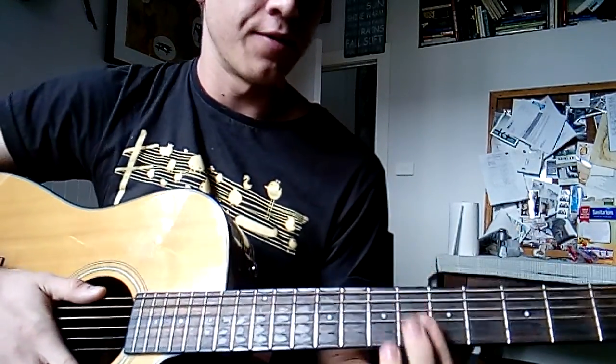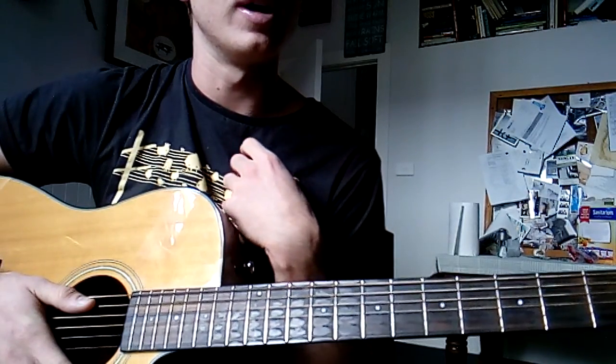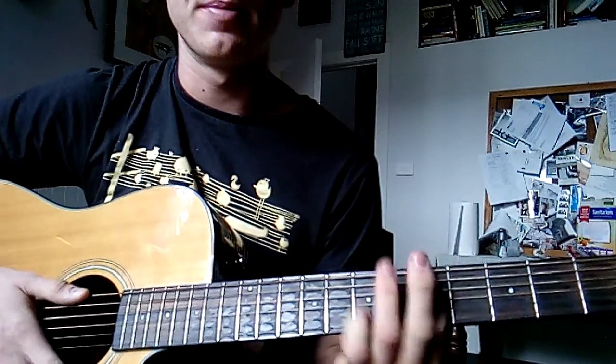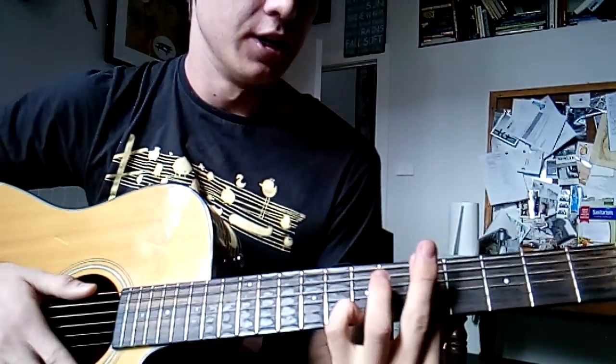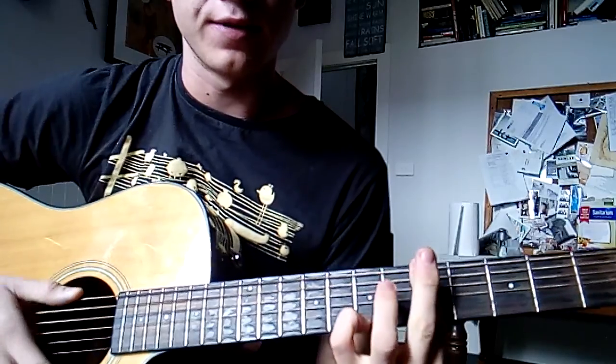Now the chorus is kind of, a lot of the texture to the sound comes from the piano. So the guitar actually has a pretty basic part, but I've tried to add a little bit of the texture into the guitar bit just for the second time around. So it starts off, you're barring the whole 5th fret and your pinky on the 7th fret, and you're just going,